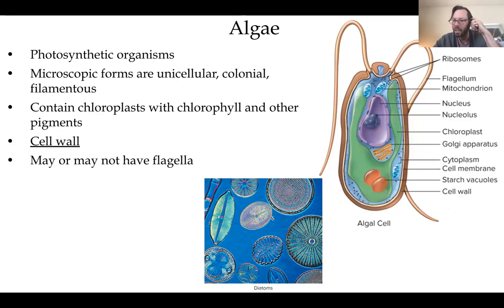And again, like yeast, look at the inside and you'll see that they have the similar components that we talked about in eukaryotic organisms like us. They have mitochondria, they have a nucleus, their nucleus has a nucleolus, they have a Golgi, right? Now, difference, they have chloroplasts, which we do not, of course. They have other things like starch vacuoles that are slightly different, but for the most part, they are very similar to all life that is eukaryotic.